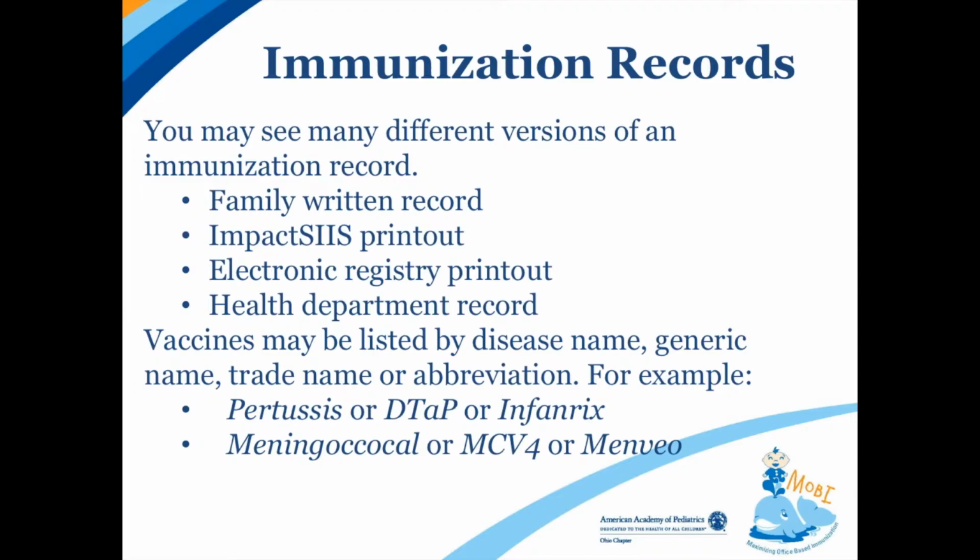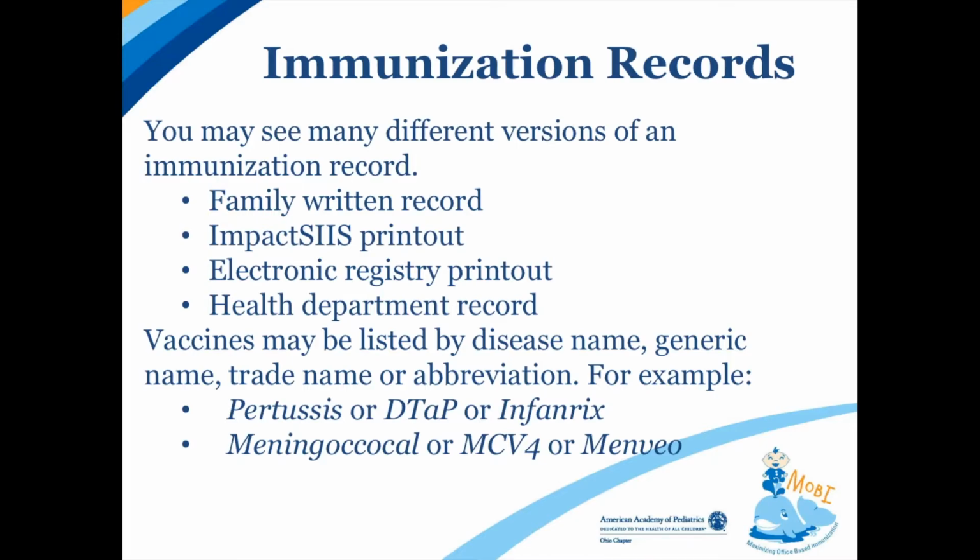There is an online system called ImpactSIS. That is a statewide system that is a repository of all administered vaccines. Now, don't get me wrong, every vaccine that a child gets may not be on here. In fact, the child may not even be on this registry. However, it is available, and you can print that out if that child is on the registry. Electronic registry printout simply means a direct report from a physician's office, so they can print those directly from their